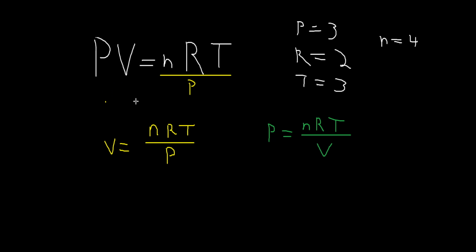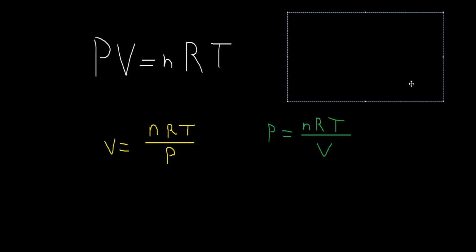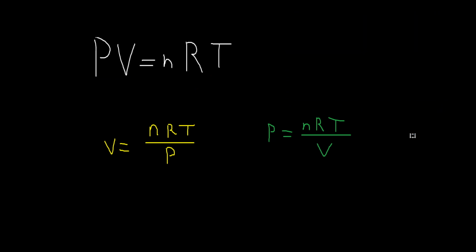So let's say that the question didn't want me to solve for P or V. Let's say it wanted us to solve for R. If it wanted us to solve for R, we'd need to divide by N times T. So we divide by N times T on both sides. So the N's and the T's would cancel, and I would get R equals PV